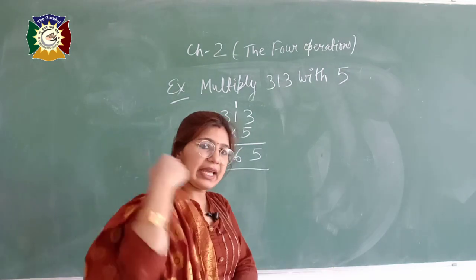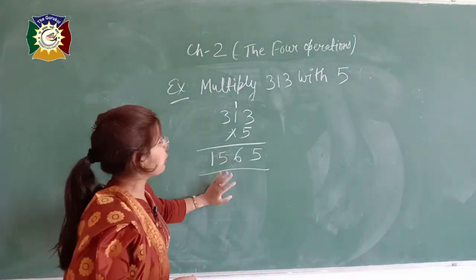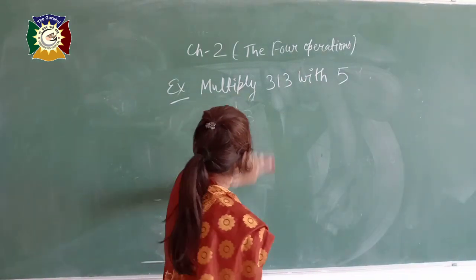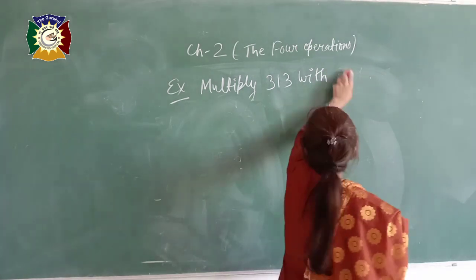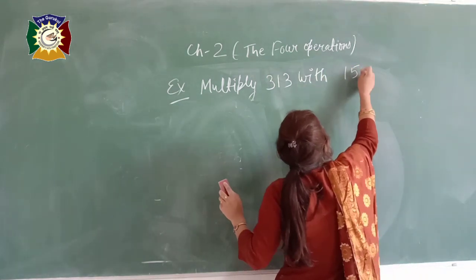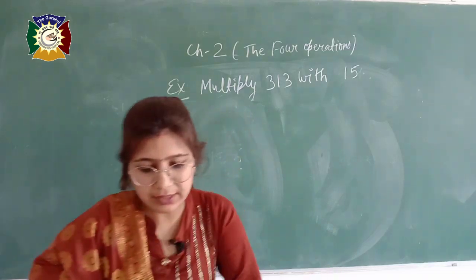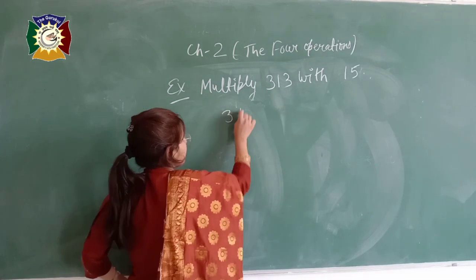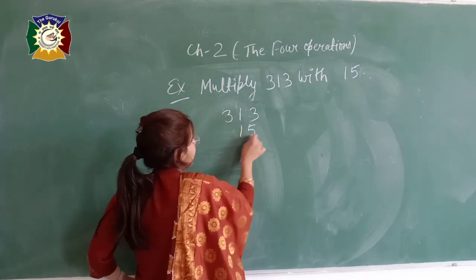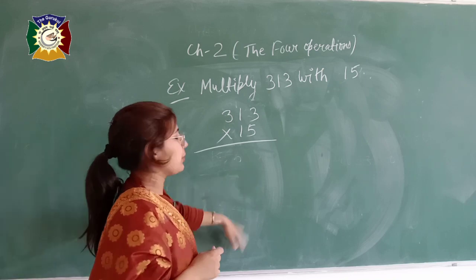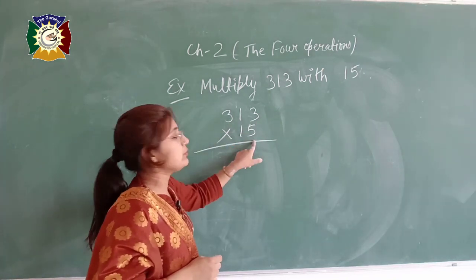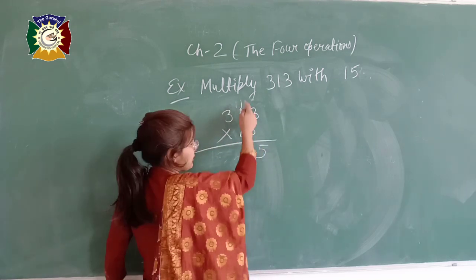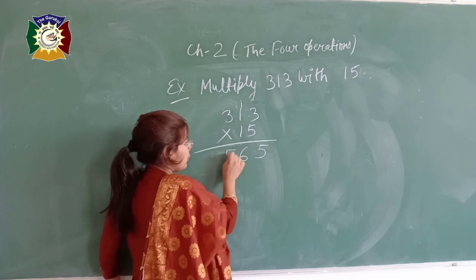When you are multiplying any number with one digit, then you have to solve it simply. Okay? What if this question you have to do like this? If the question is you have to multiply 313 with 15, then how will you solve this question? Write 313 first in column form and then multiply. As you have done in your previous question, first multiply this term with 5. Here see, 5 3s are 15, 1 carry, 5 1s are 5 plus 1, 6, 5 3s are 15.